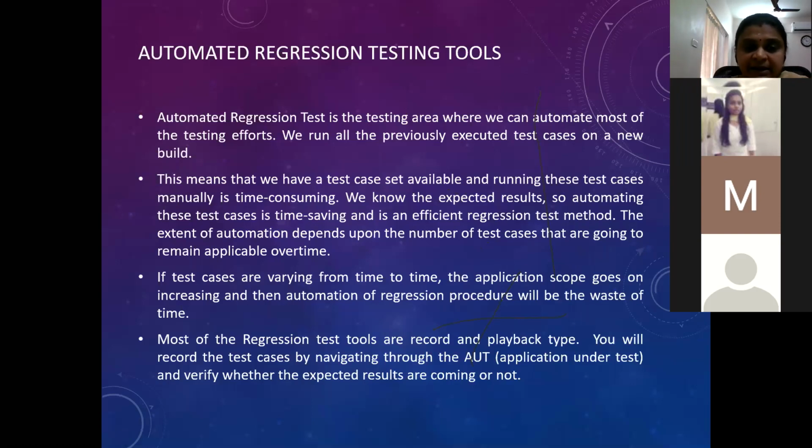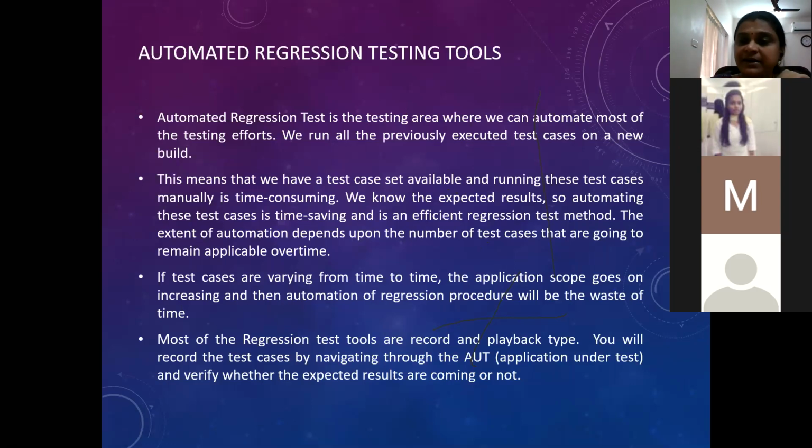Now, please look at the regression test tools. At least now you are getting an idea of what automation is, but how do these automation tools work? Let's start understanding that. Initially, when I was working, we used QTP, Quick Test Professional, which is still in use. That's a paid tool. You know what QTP used to do? In the QTP tool, we used to write simple Visual Basic scripts. The record and playback feature in the tool is considered very important.